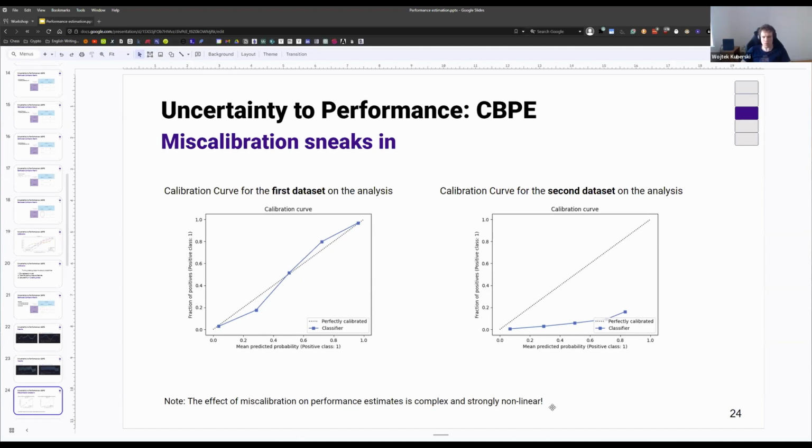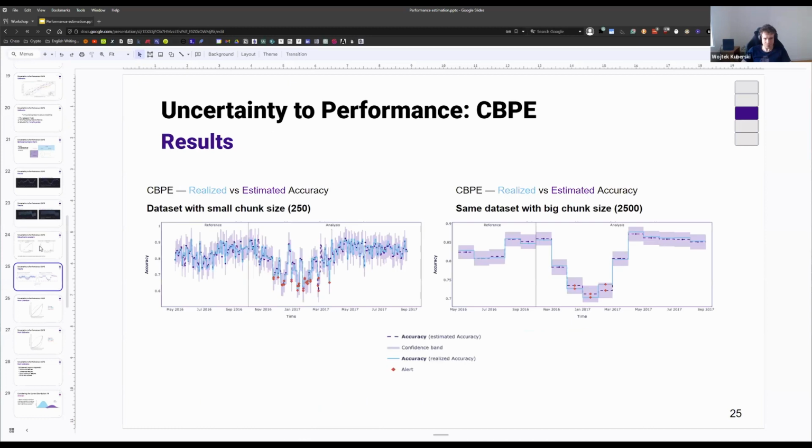And one note here is that the effect of this miscalibration on performance is complex. It's strongly nonlinear. You cannot really draw any simple way to measure some kind of calibration error here and then push it to performance error. There are a few more things there. It's also a very nonlinear effect. So let's